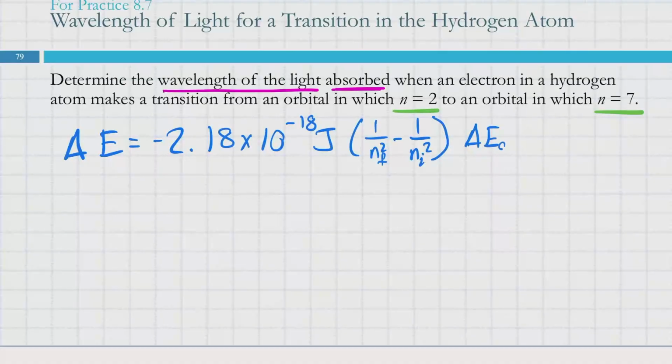Also delta E atom equals negative delta E photon, and lambda equals hc over E,